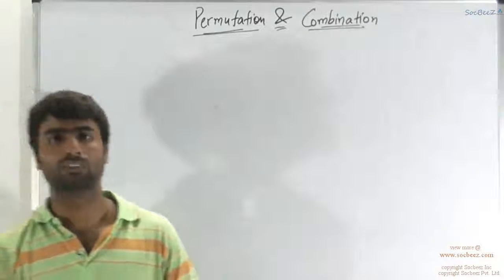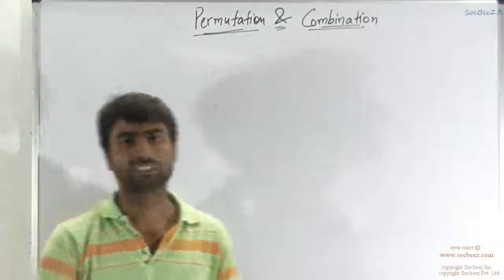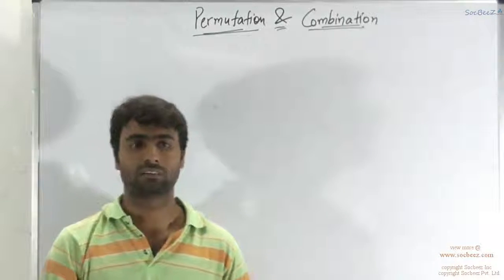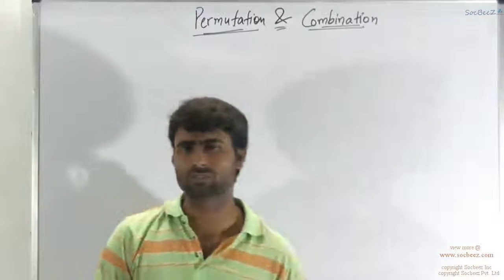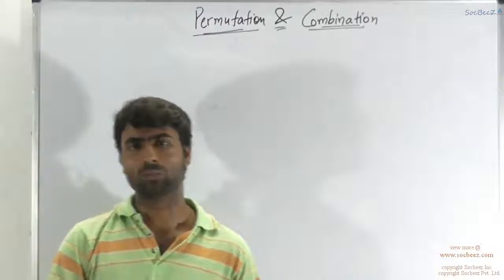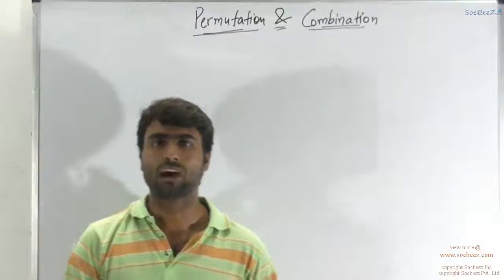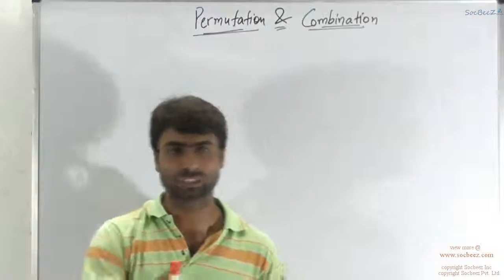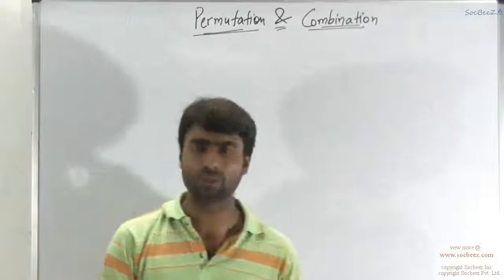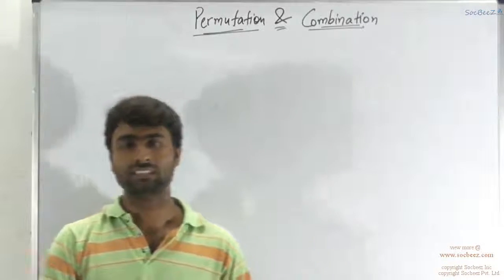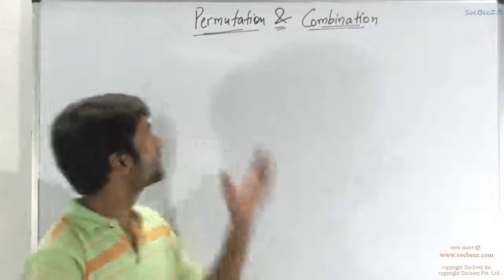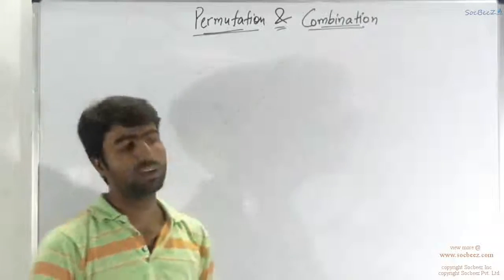Hello everyone, we will be doing the chapter permutation and combination today. This is quite an interesting chapter, and you would have come across various such problems, like finding how many such numbers can be formed, in how many ways you can do such a thing, or given a property, how many numbers satisfy that property. All these questions are covered under permutation and combination.